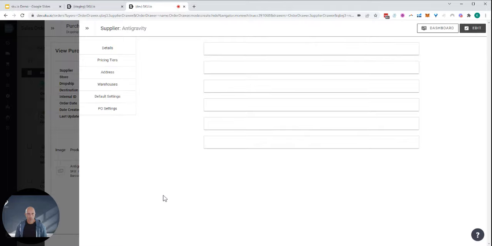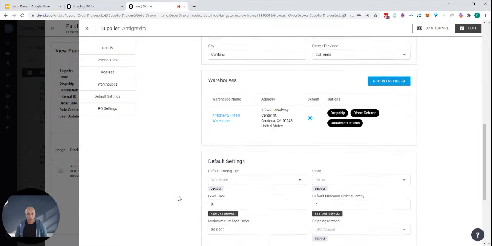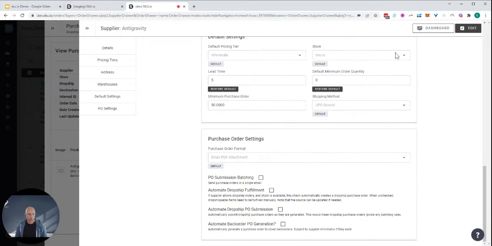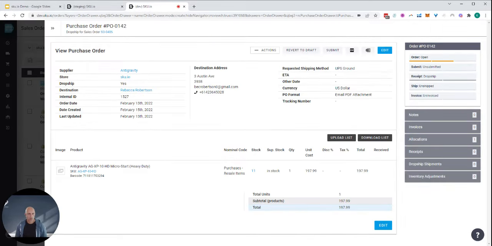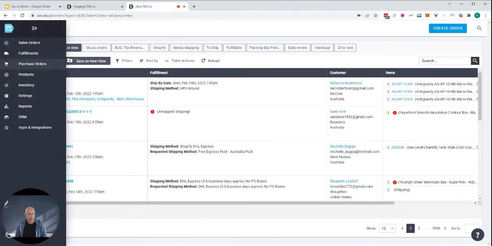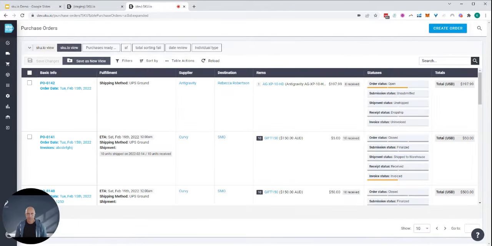For example, if I wanted to turn that automation on, I'd go to the supplier dashboard, which was easily findable, easily clickable, and turn on automate dropship fulfillment. So a lot of flexibility with all that. So wanted to also talk about purchasing. So if I go to purchase orders here,